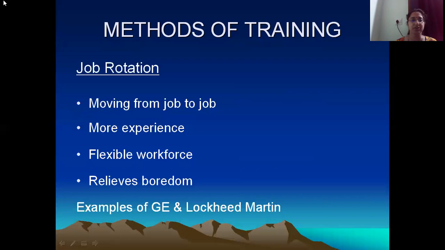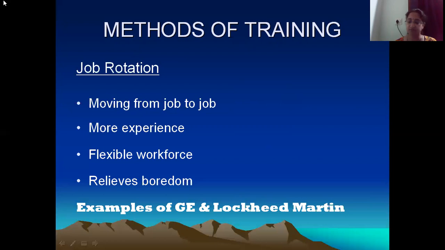So here are a couple of real life examples which I would like to share. Now take an example of General Electric. Now General Electric has its training policy in such a way that it requires all managerial trainees to participate in extensive job rotation. That is, they expect their management trainees to literally do all those jobs which they are going to supervise. So for example, they are taking up management trainees, people who are fresh graduates, just fresh out of college. So they are taking them in the role of a supervisor.